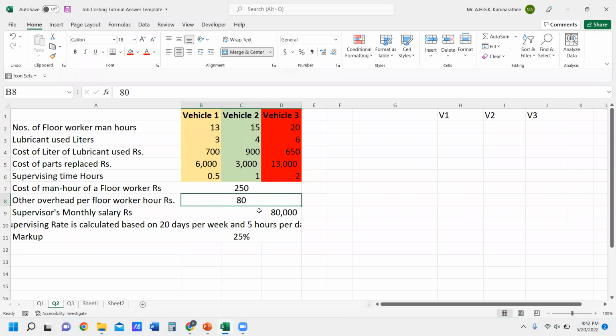So let's assume this supervisory cost is not included in the overhead absorption rate. Accordingly, supervisory salary or cost should also be separately absorbed to this production process or this job cost. Then the supervisory rate is calculated on 20 days